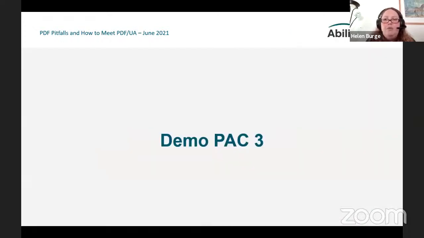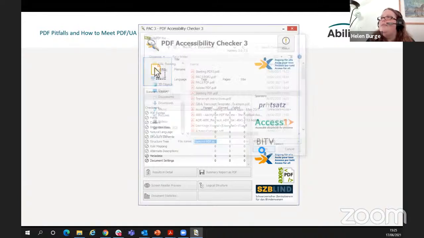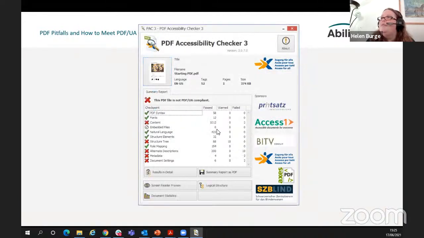So next, we're going to demo, and this time I'm not going to hide the presentation. I'm just going to do it over the top. So what I'll do is load up PAC 3. Wait for it to load. So here, what I'm going to do is load in my starting PDF. And as you can see, I have a few more red crosses. So if I go to the results in detail,